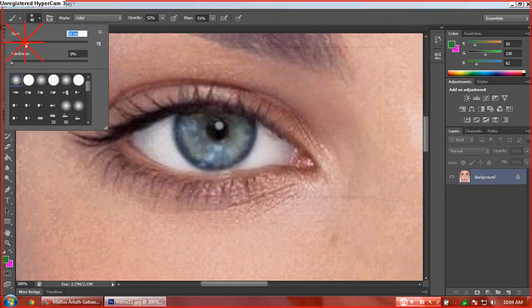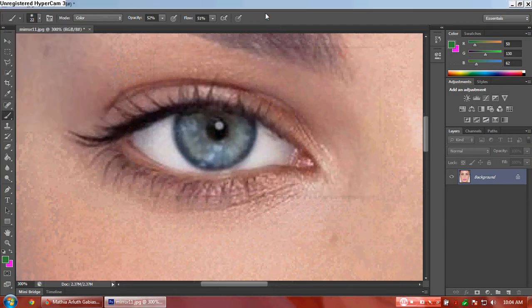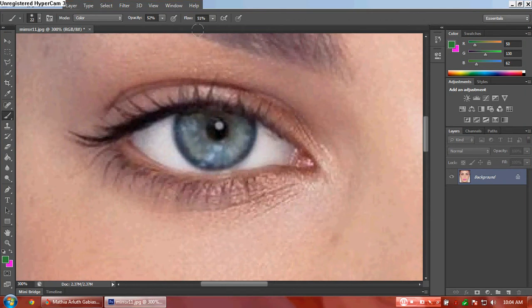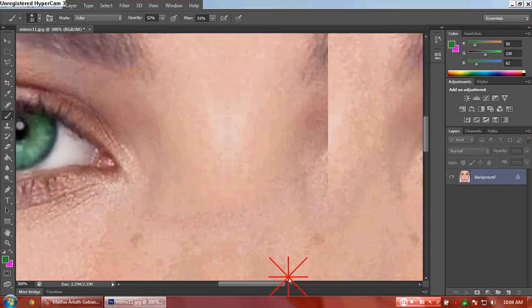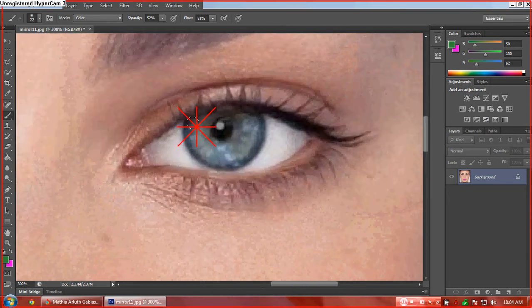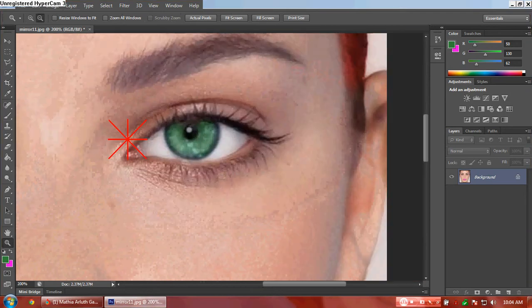And change the size of the brush tool into 22 and the mode, opacity and flow is still the same. And zoom it out.